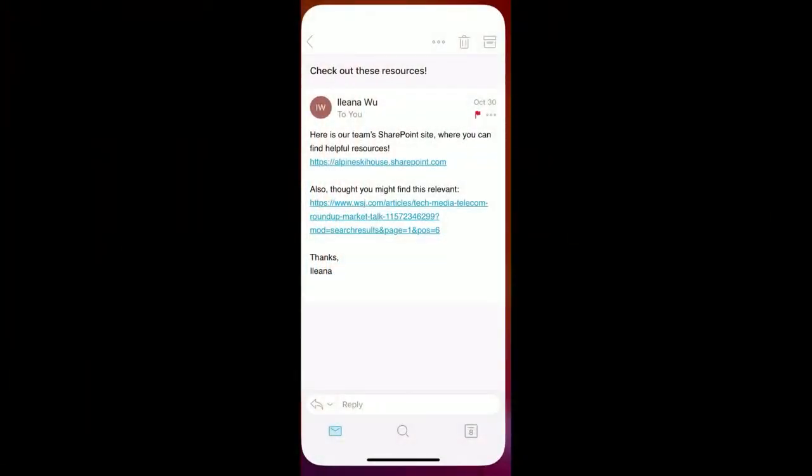So what I have to show you here is in this email, I have one link that goes to my company SharePoint, which is a corporate AAD resource. And then I also have this news article from the Wall Street Journal. So I have an allow list applied, which allows company sites to come through, but does not necessarily allow the Wall Street Journal. So if I click on the Alpine Ski House SharePoint,